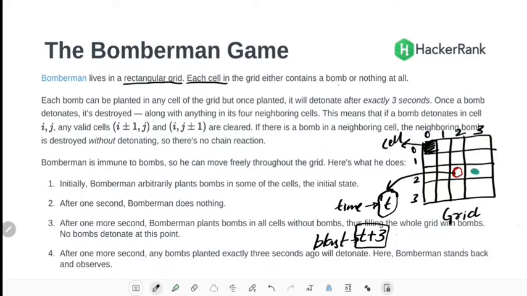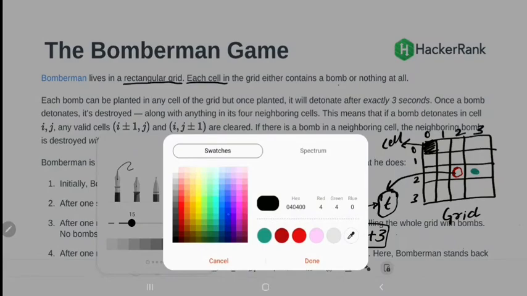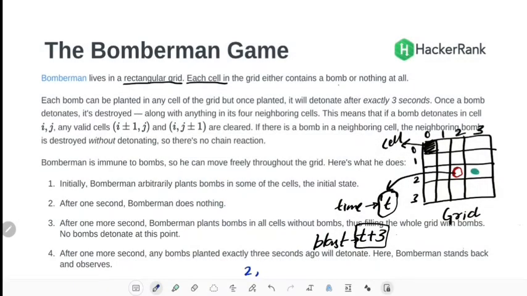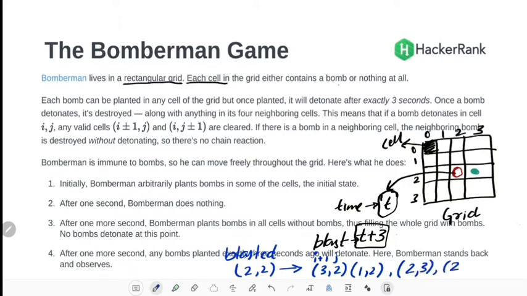Initially the bomb is at 2 comma 2. If this cell gets blasted, then all its neighboring cells, that is (i plus 1, j), (i minus 1, j), (i, j plus 1) and (i, j minus 1), will also get blasted.